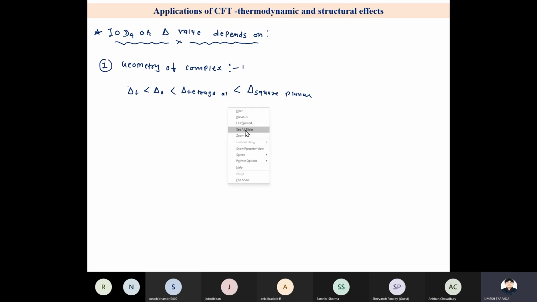So you can see that if geometry is changed, crystal field stabilization energy is changed. This is a relationship. Tetrahedral and octahedral are related by this formula,